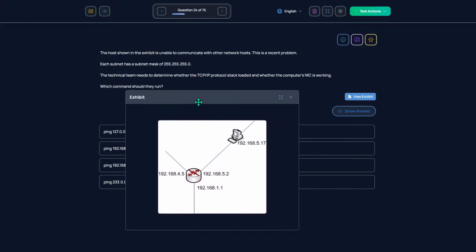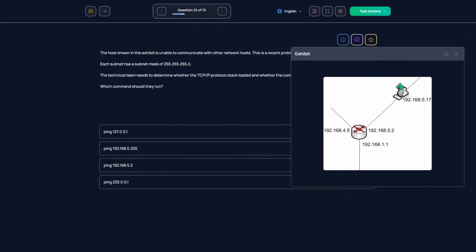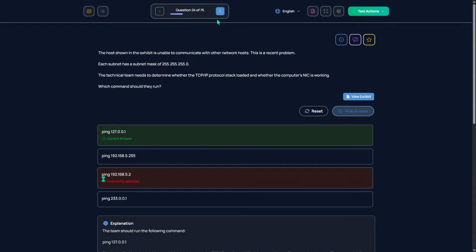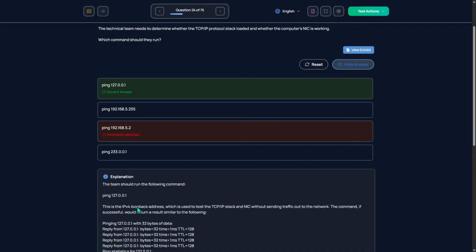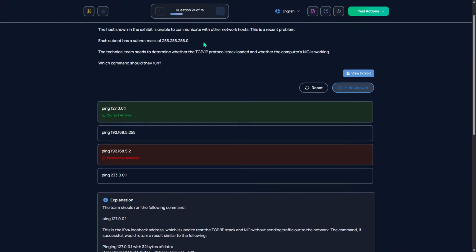So they're trying... They should ping 127.0.0.1. Okay, well, I don't understand that one.